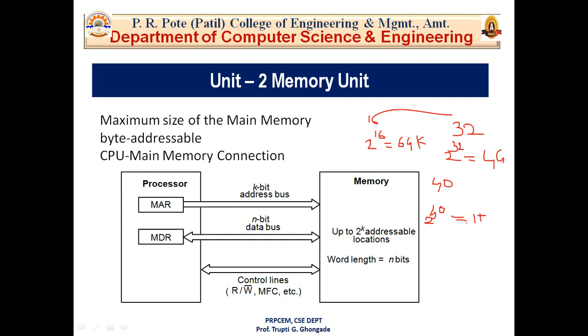Now what is word length quantity? If your system is 32-bit, what is the length of your word? The length of your word is 32-bit. If your system is 16-bit, then what is the length of the word? 16-bit. That is the word length quantity. So the memory is usually designed to store and retrieve data in word length quantity. In fact, it is the number of bits actually stored or retrieved in one memory access.